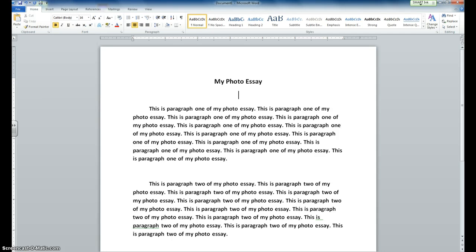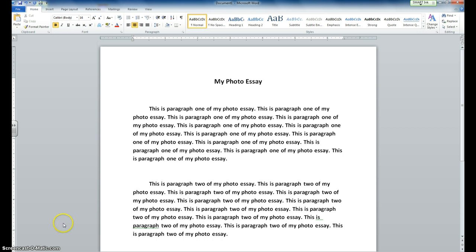I'm going to show you a quick tutorial on the final stages of your photo essay. We'll be going to the computer lab today to make final revision and editing changes, but the other thing you're going to need to do when you go to the computer lab is insert the photos for your photo essay. And I'm going to show you how to do that a couple of different ways, depending on if you brought your photos from home on a flash drive or if you're going to be searching on the internet for your